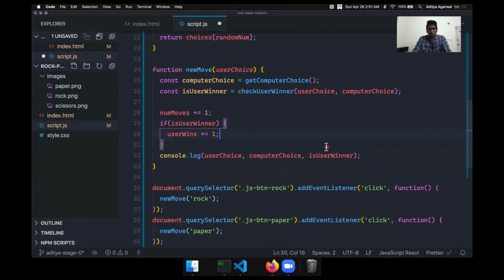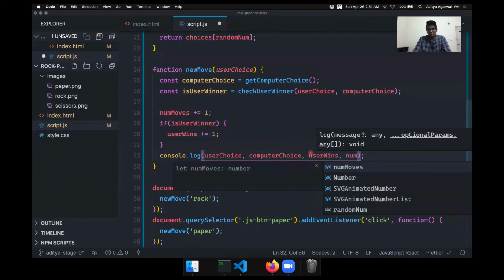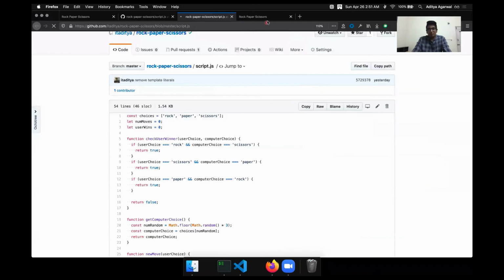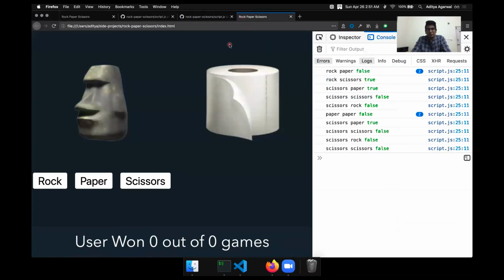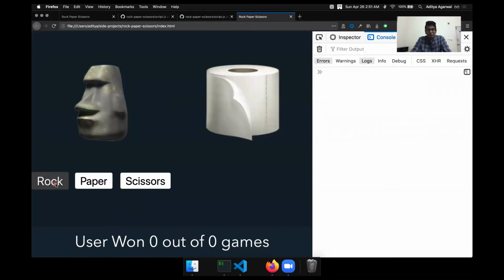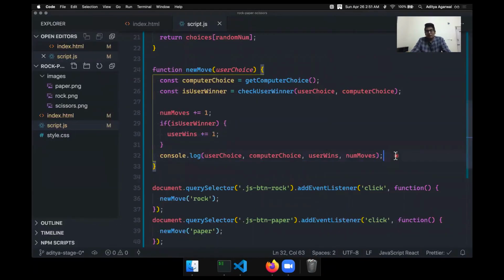Yeah. So now I can console log that. So if I say rock, so rock lost against paper, so one game went by and I didn't win. For paper, I won against rock, so I won one game out of 2. So this is working. Now let's update it in the screen.